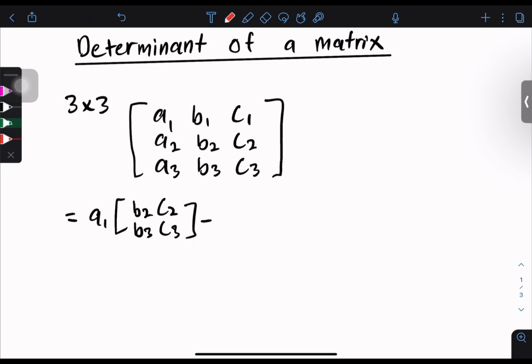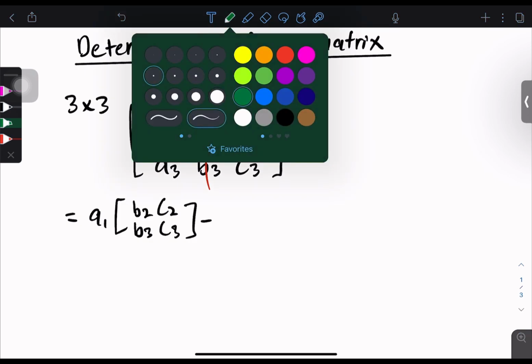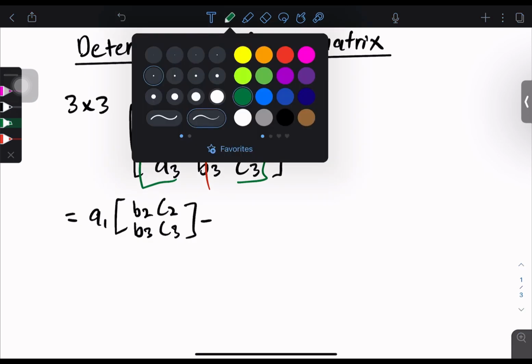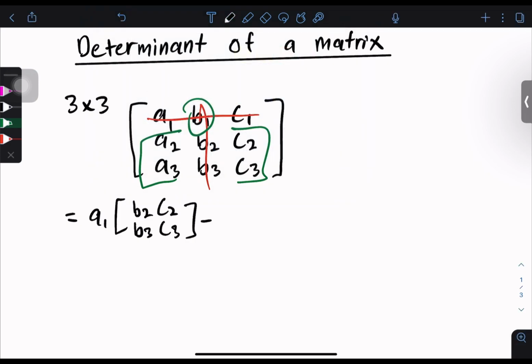For the next step we eliminate the first row and the second column. Then we have this 2 by 2 leftover matrix, and for the second row we take B1, and you can write it as minus B1 times A2 C2 A3 C3,